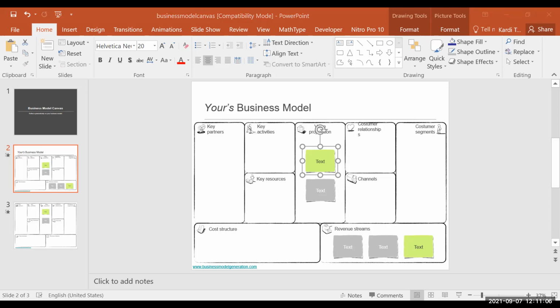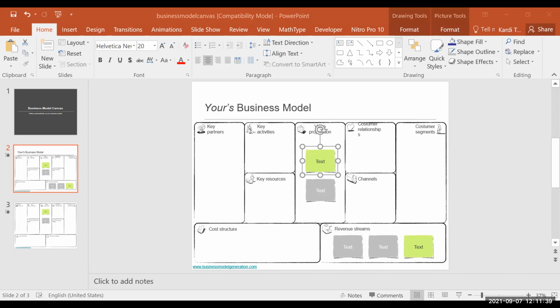You need to tell what problems you want to solve and what customer need you want to satisfy. Third is the channel. How are you going to deliver the value proposition, through communication channel, distribution channel, or sales channel to the customers?